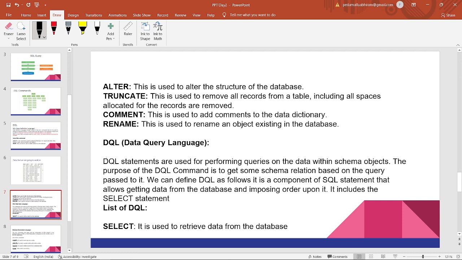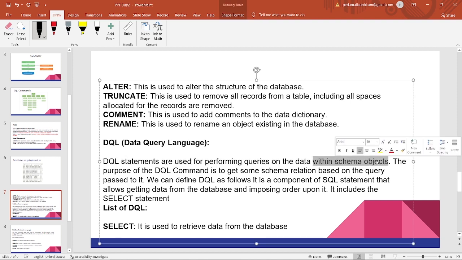The data query language statements are used for performing queries on the data within the schema objects only. The purpose of the DQL is to get some schema relation based on the query passed to it. We can define DQL as follows. It is a component of SQL statement that allows getting data from the database and imposing order upon it. It includes the select statement. The list of DQL statements is select, and that is the most important query in the data query language,